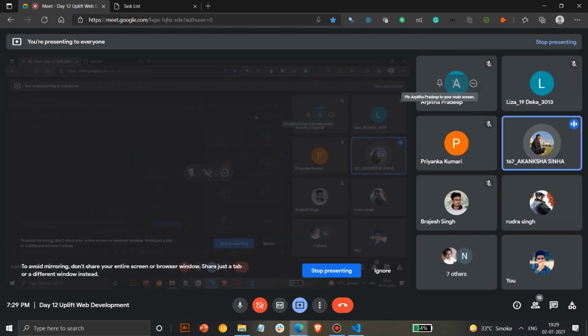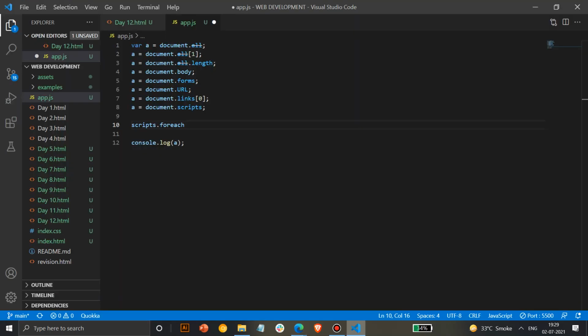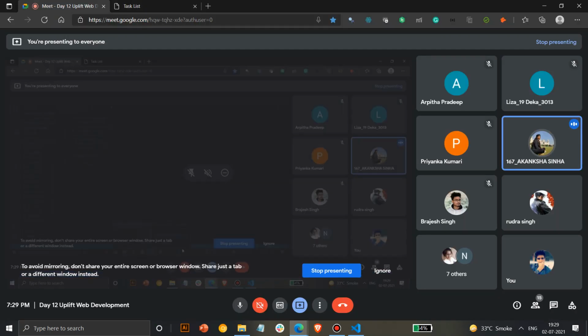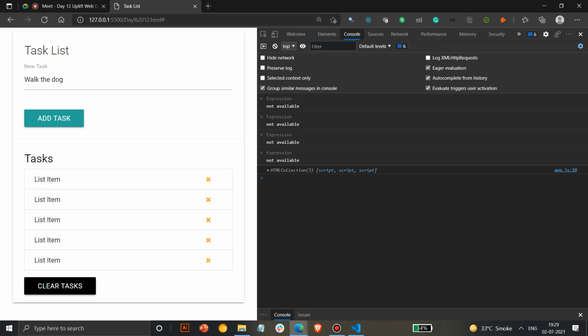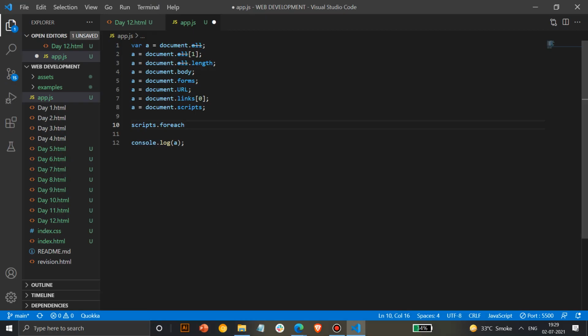It's like a for loop, like forEach. If we have multiple elements, like multiple scripts, for each step it will display the list. Yes, very good. So here we have multiple scripts, like 3 scripts. That's why we will use forEach here specifically to access a specific element. So I'll use forEach, and then from the function I'll access a specific script.